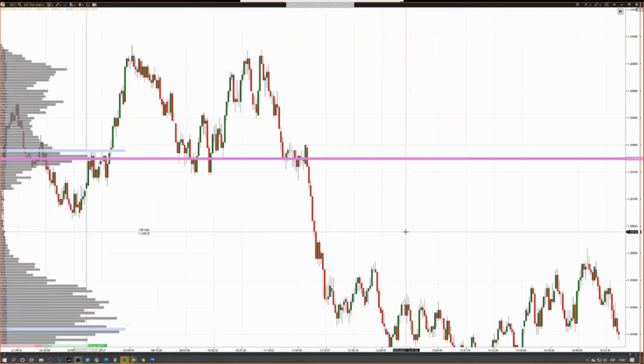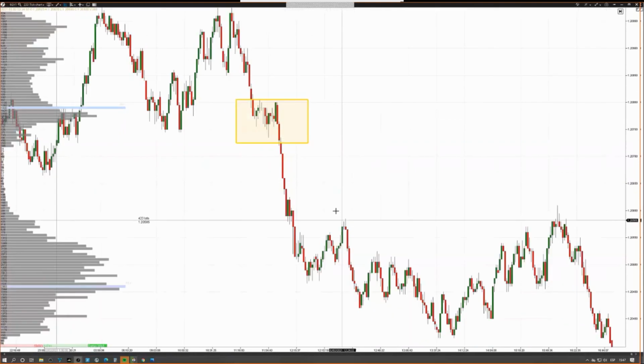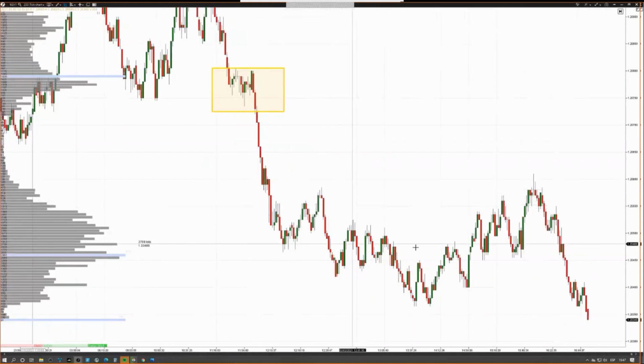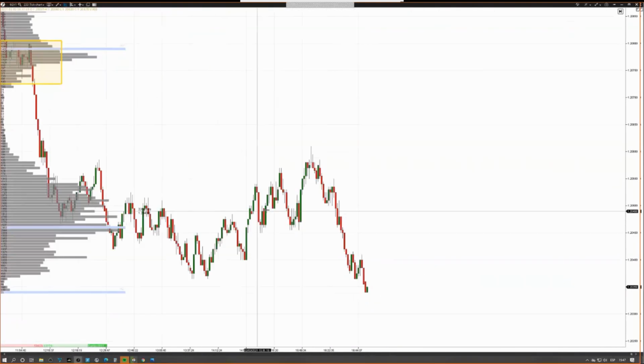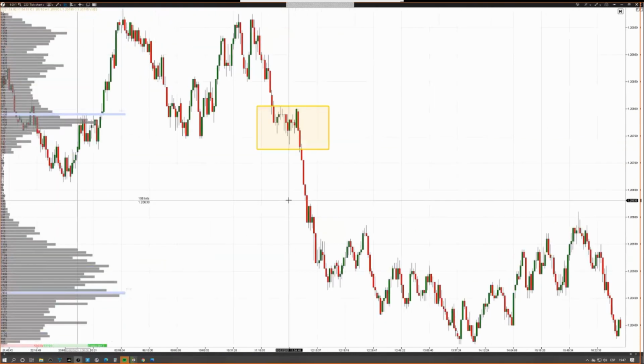All right, so we're here. Let me just highlight this area here. This is our area of interest because we can see that the price was rotating here and then it breaks, right, to find another rotation area down here, okay? And why is this interesting to me? Because